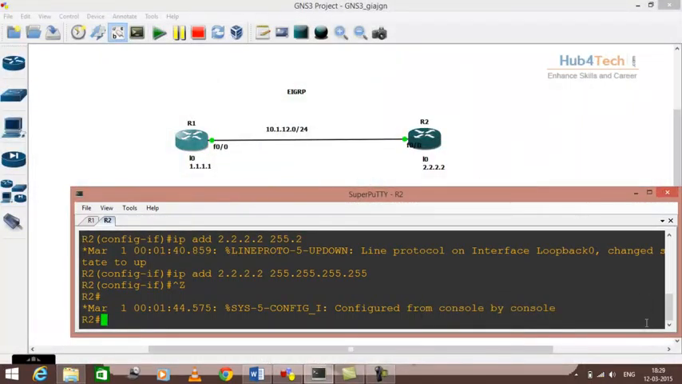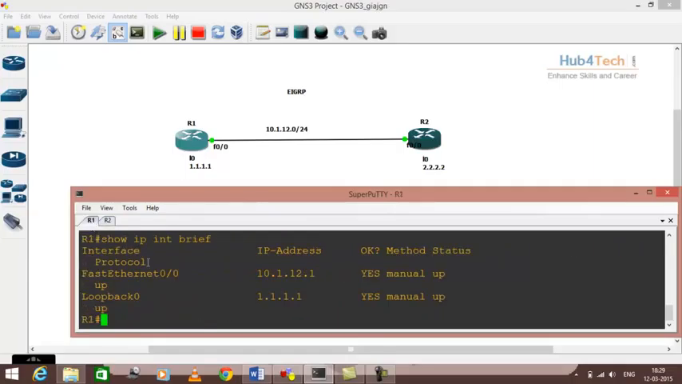Good morning, friends. In this class I'm going to configure EIGRP between two routers, router 1 and router 2. We have already assigned subnet 10.1.12.0 between router 1 and 2, and I have created loopback 0 on both the routers. The IP address of loopback 0 on R1 is 1.1.1.1, and the IP address of loopback 0 on router 2 is 2.2.2.2. You can check this with the command show ip interface brief